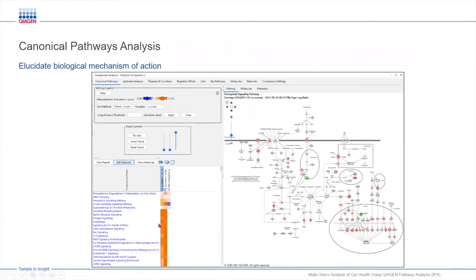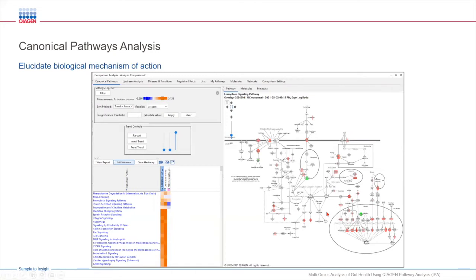So here, whenever you click on one of the colored boxes within the heat maps, it'll open up and display the pathway itself. So within the pathway, you can see there is a lot of information and see how some of the genes are upstream, some of the genes are downstream, and the expression of the genes are also presented in the pathway diagram.